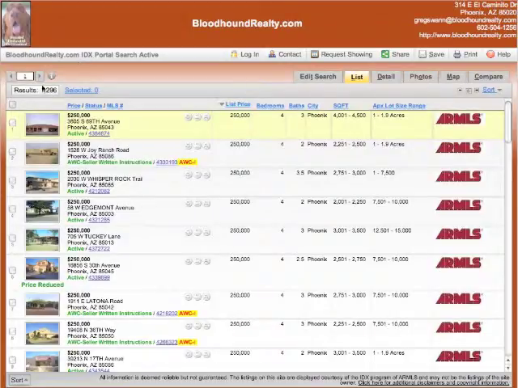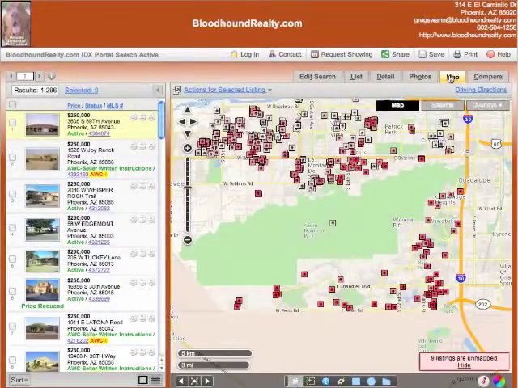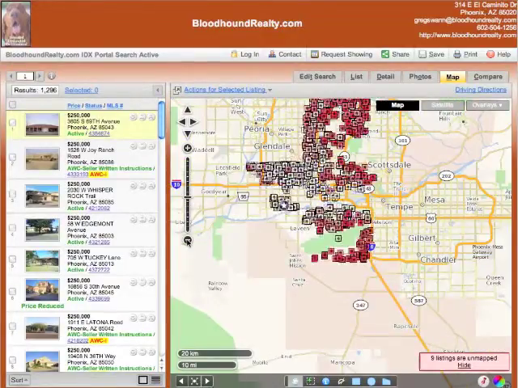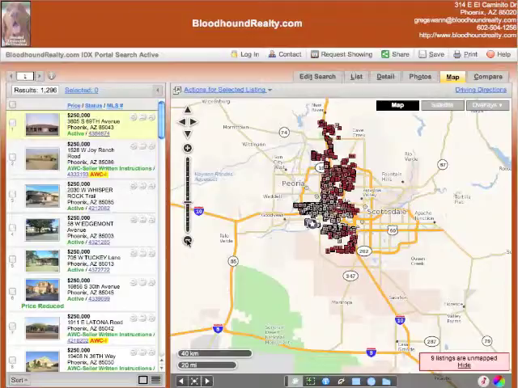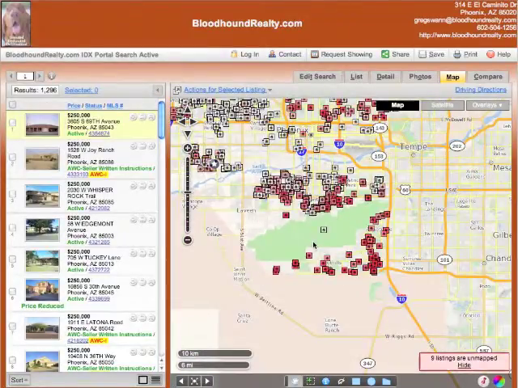Holy cow, 1,296 listings. Phoenix is a big city, and $250,000 is evidently a pretty easy target to hit. What we need to do is narrow that search down, so let's take a look at the map and figure out what we can do here. We're going to map every one of those 1,296 listings, and if we zoom out, we'll see them all. And you can see that Phoenix is an enormous city. But look down there around Ahwatukee, the foothills. We've got a significant number of homes to choose from down there, so let's zoom in a little tighter